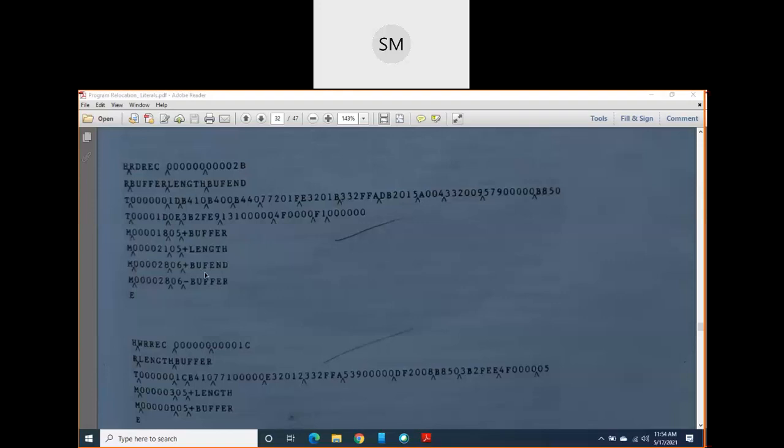Because here, wherever you are getting in your read record control section, I am talking. In your read record, when you come to line number 160, there is one instruction which is plus STCH. Since it is a plus STCH, you should use instruction format number 4. And if you observe its operand, it is buffer comma X.